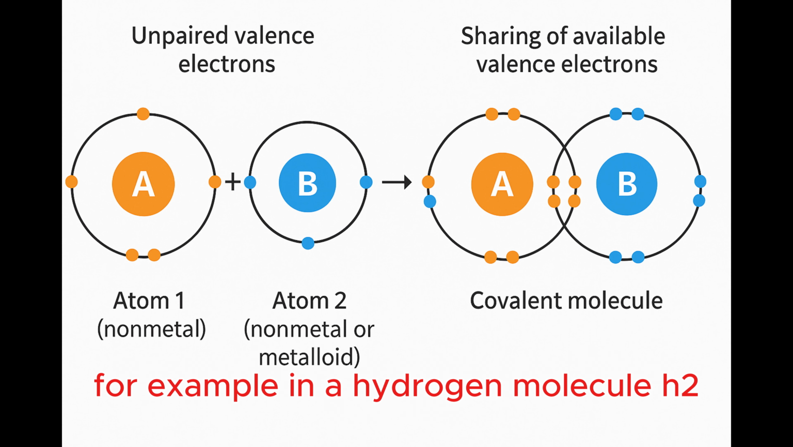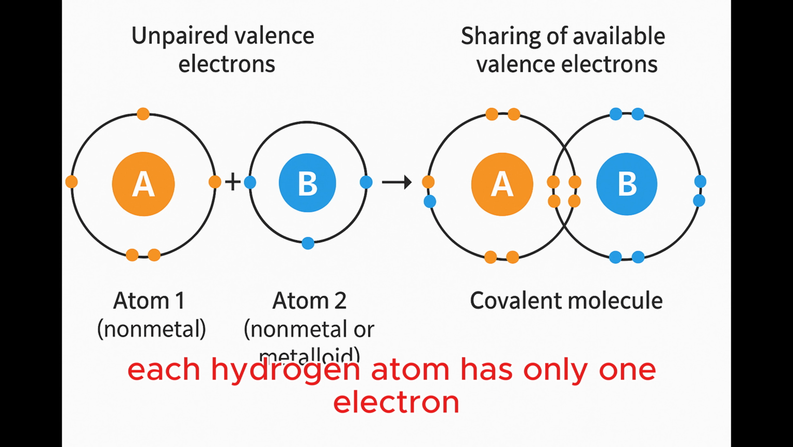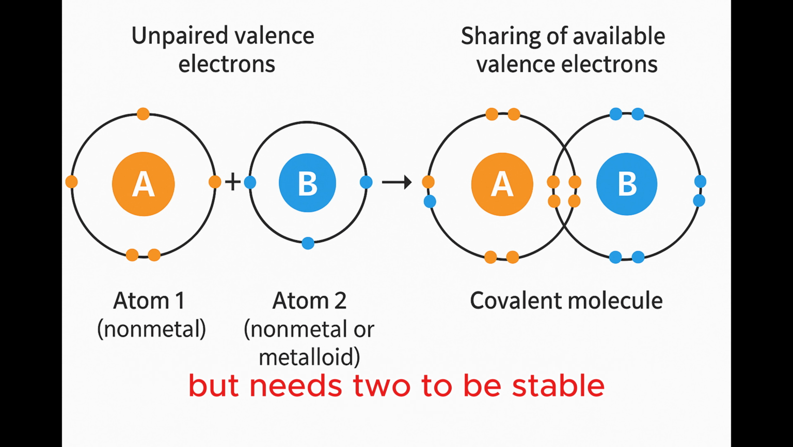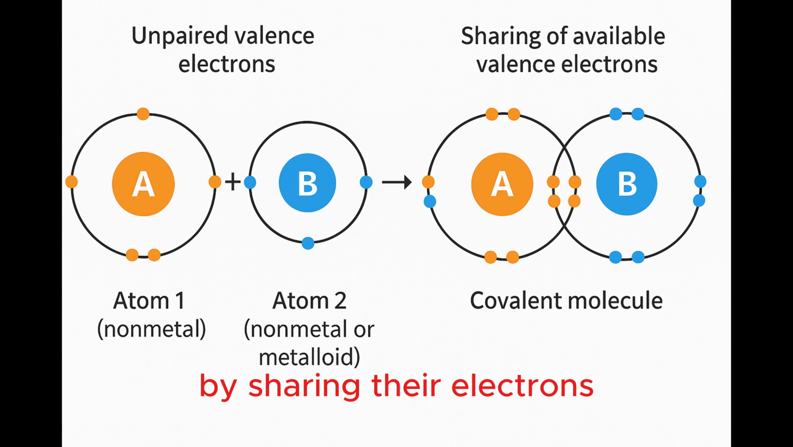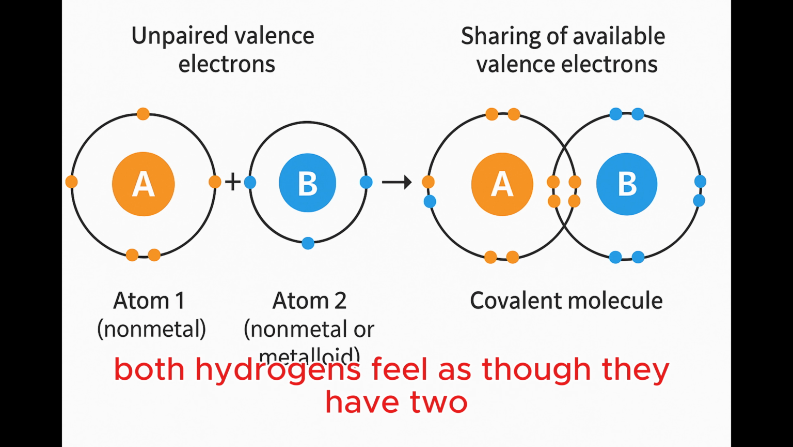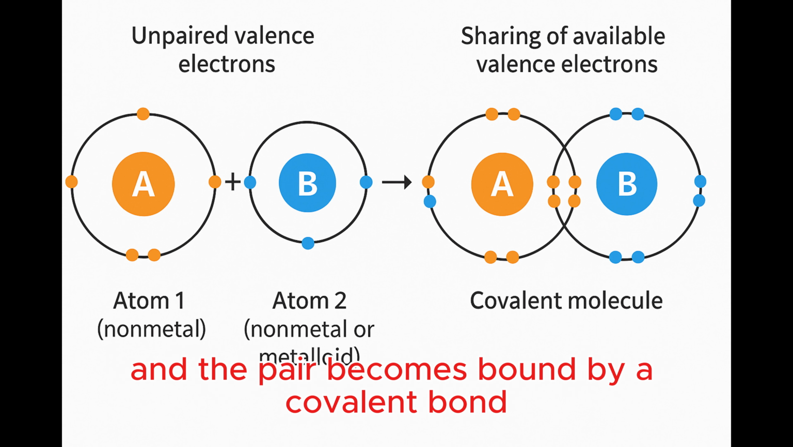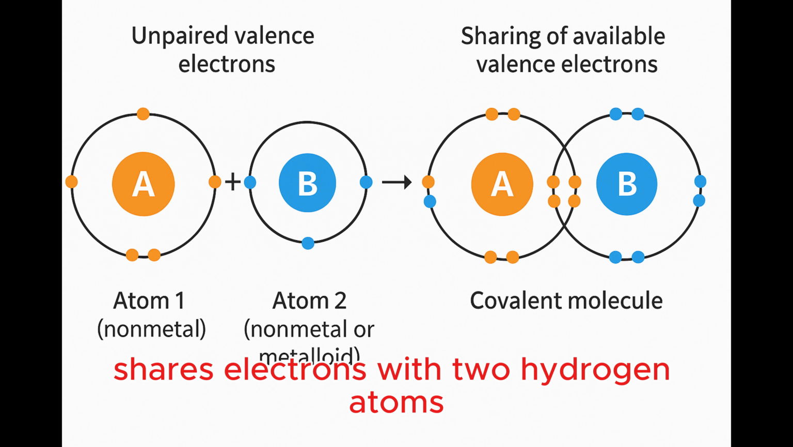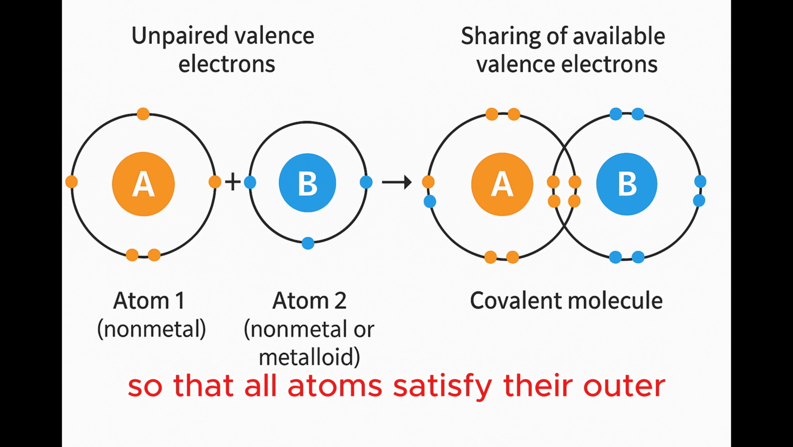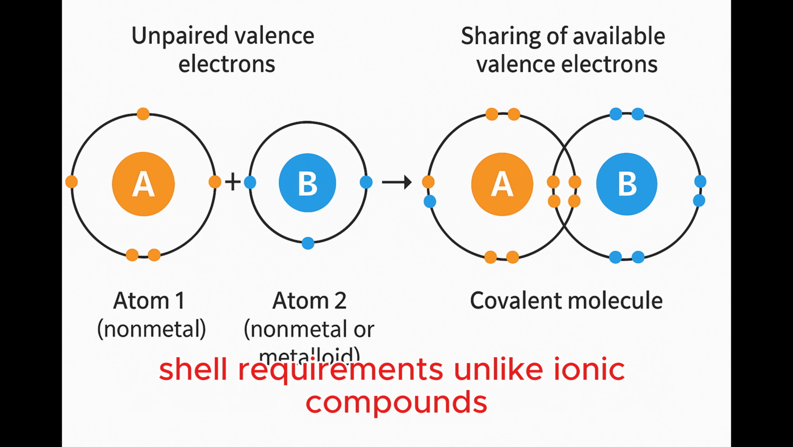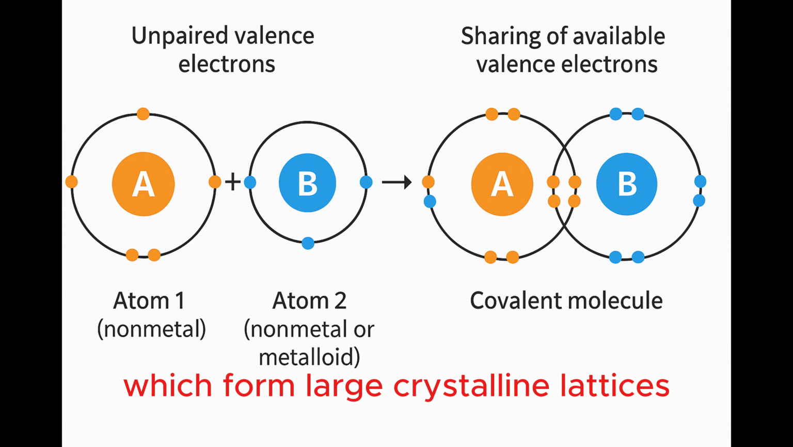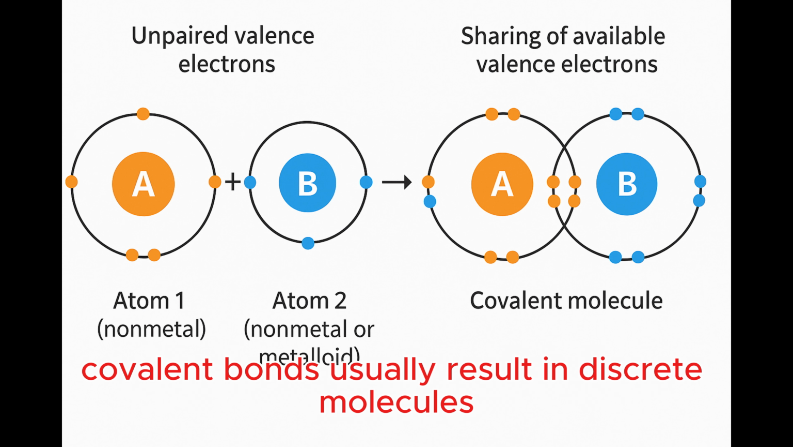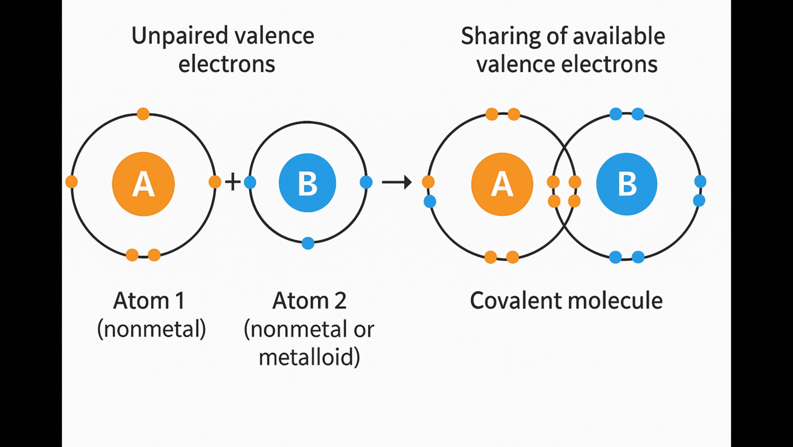For example, in a hydrogen molecule, H2, each hydrogen atom has only one electron, but needs two to be stable. By sharing their electrons, both hydrogens feel as though they have two, and the pair becomes bound by a covalent bond. Similarly, in a water molecule, H2O, oxygen shares electrons with two hydrogen atoms so that all atoms satisfy their outer shell requirements. Unlike ionic compounds, which form large crystalline lattices, covalent bonds usually result in discrete molecules, individual units